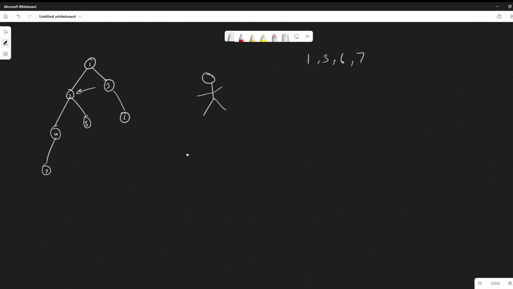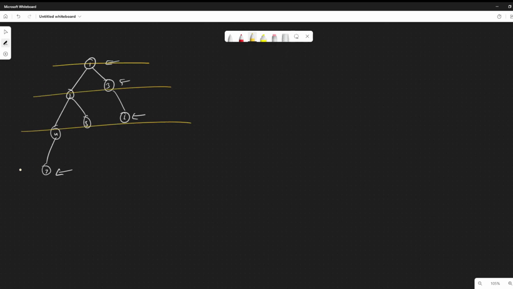Okay, so let's see how to solve this problem. We have to print the right side view of the tree. So basically we have to print 1, then 3, then 6, and then 7. So how are we going to do that? The first thing is, if we are traversing level-wise, we see one thing. If we are traversing left to right at every level,